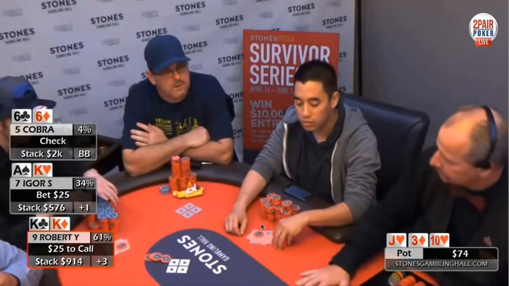But usually people check to the preflop raiser. So even though there are 3 combos of threes and 3 combos of Jack 10 suited, how often is he leading in for half pot into this type of board? It's probably like out of those 6 combos, maybe 1 out of the 6, if that, less than 20% of